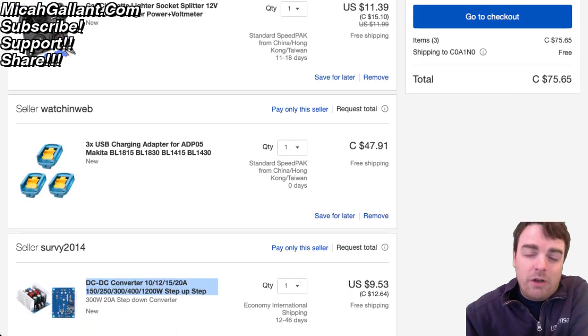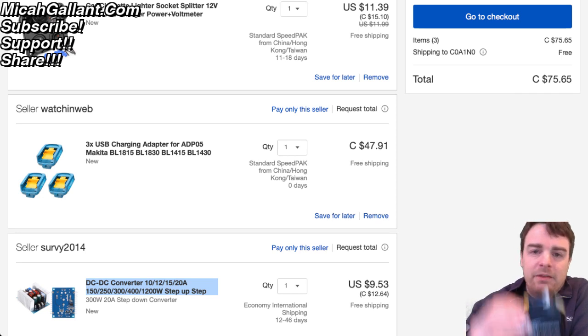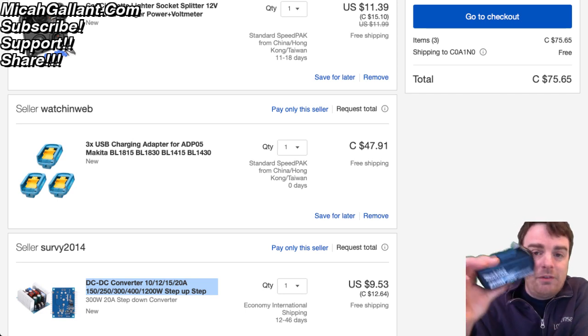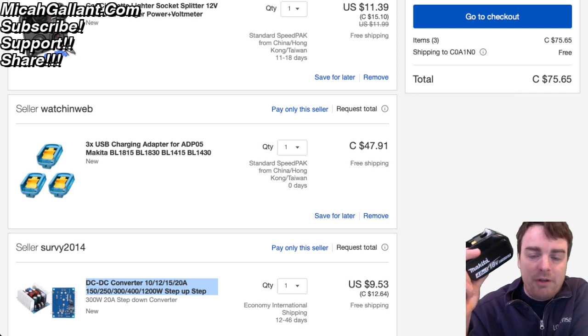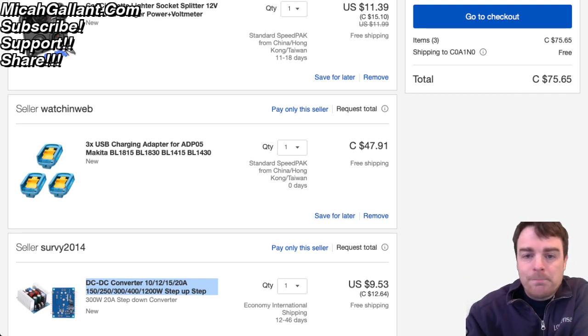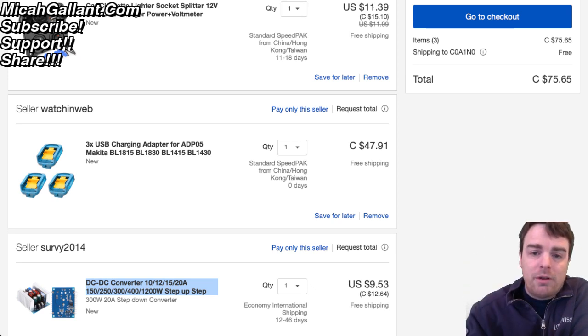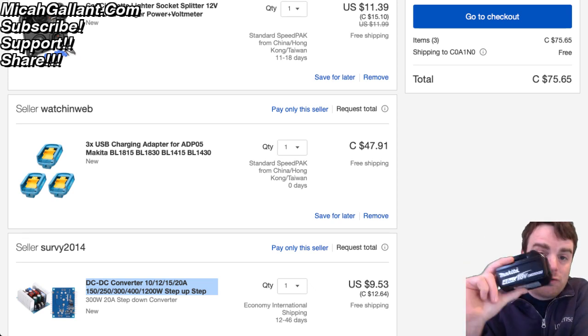So this would cost me about $75 worth of parts to get something like this set up, and then this setup would supplement my existing AGM 90 amp hour battery. So effectively, these batteries in parallel, 13 volts with the 90 amp hour AGM, in theory should basically give me, well, if I have two of these 4 amp hour batteries, I would have 98 amp hours of usage, but I'd be able to drain these a lot more,